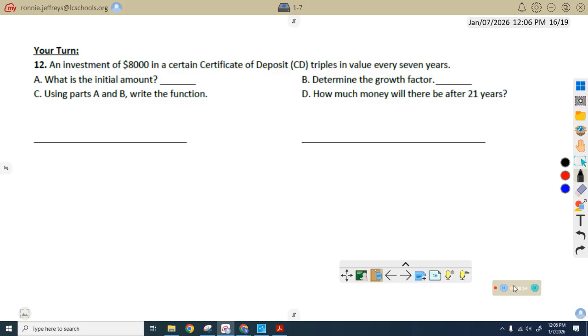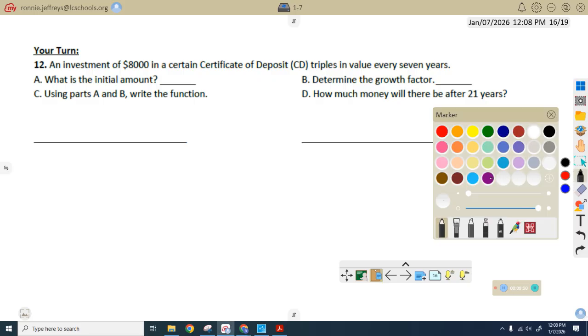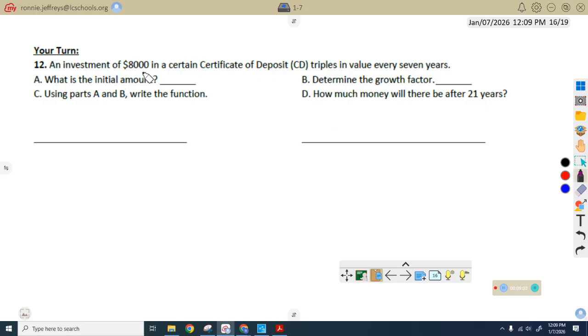All right, so we're going to pause for your turn. We're going to come back and look at this one. We invest $8,000 in a certificate of deposit, or a CD, that triples every 7 years. So how much do we start off with? 8,000. All right, so the growth factor would be triple, so this would be 3. Okay, so our function